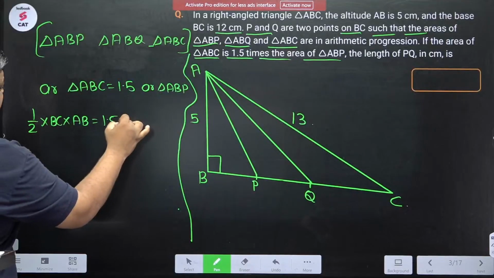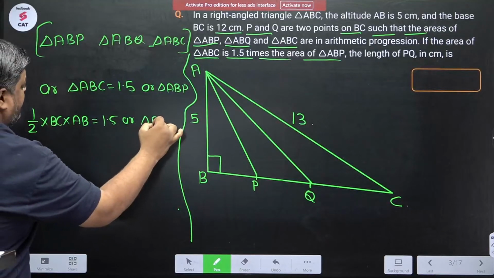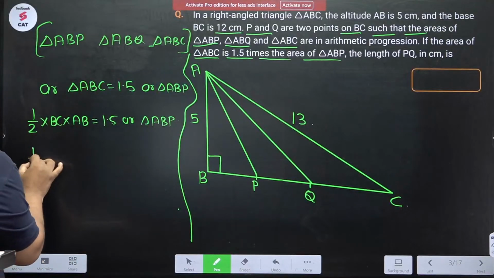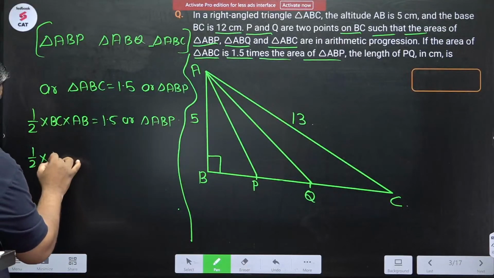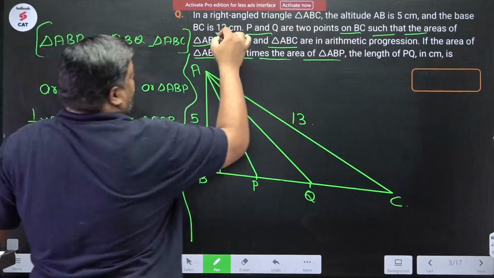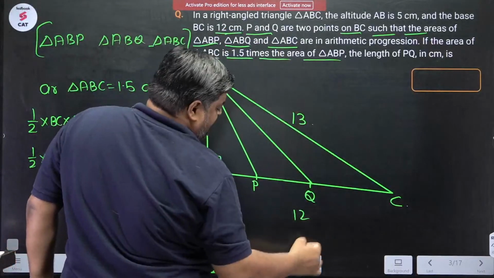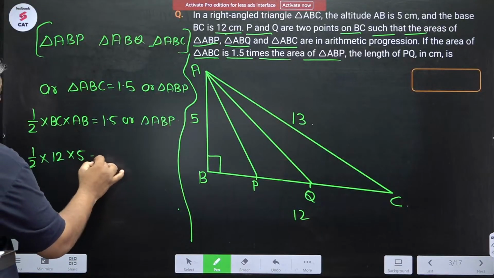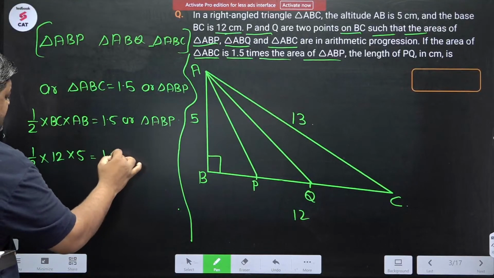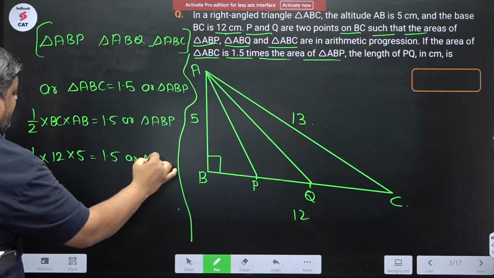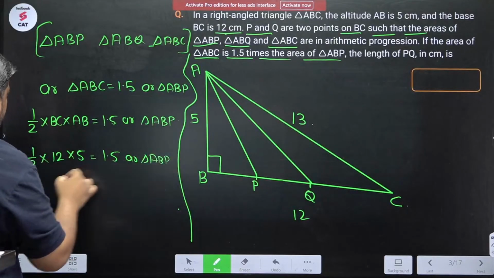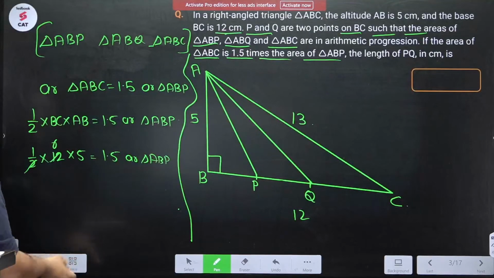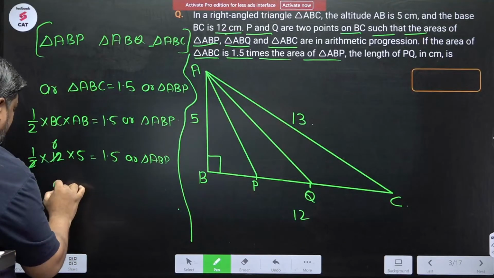This is 1.5 times area of triangle ABP. Yes or no? Wherein BC की value is 12. BC was 12 ना? मैंने ये निकाल दिया. BC was 12. Length of AB is 5. So this is 6 5s are 30. 30 upon 1.5 is 20. So area of triangle ABP is